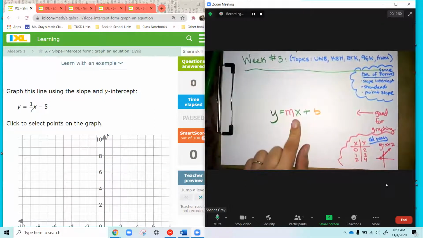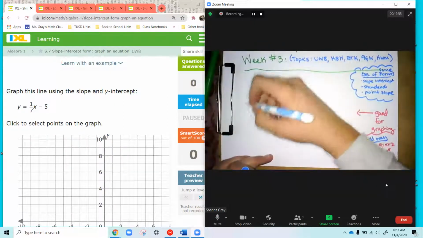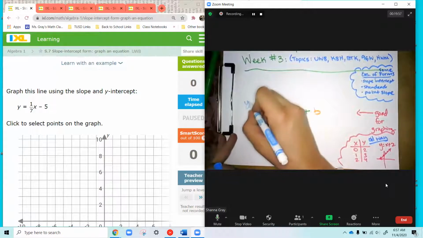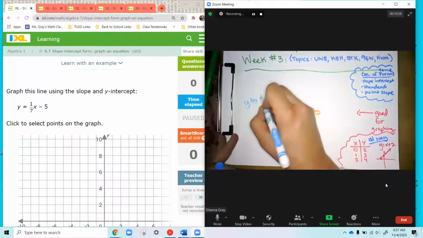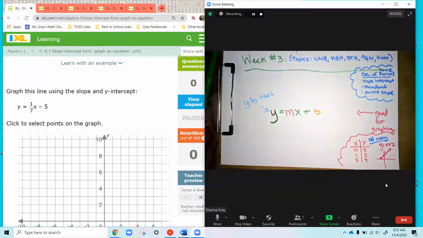All right, so if I'm looking at slope-intercept form, one thing to notice is y is by itself. In order for something to be in slope-intercept form, the y has to be solved for, meaning that y is on one side of the equal sign, and then everything else is pushed over to the other side. We'll talk later about how to put it in this form, but for now, it's going to be just given to you this way. The nice part about it is that you can see the